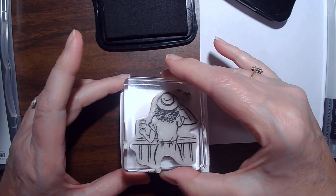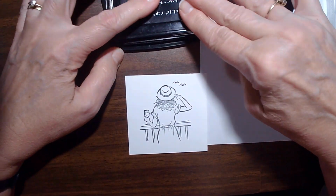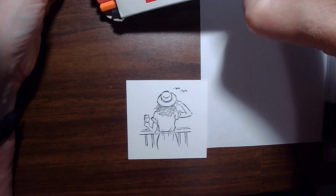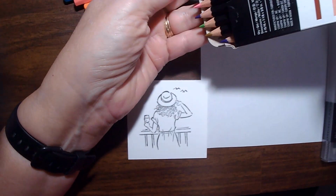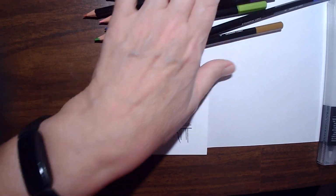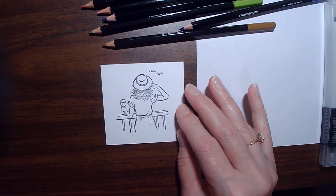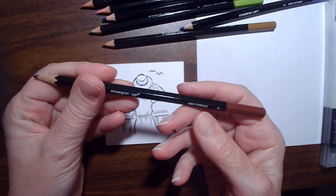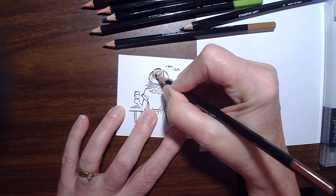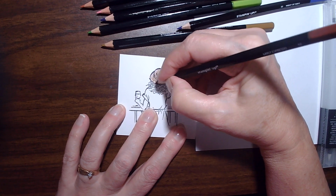So there is my image, and then I'll close up my StazOn, put that aside, and then I'm going to get out my colored pencils, and let's see, what color do we want to use. I'm thinking we want to use maybe some brown for her hat. So here's some Early Espresso, and I'm just going to use my watercolor pencils and color in her hat. And then I'm also going to color her hair a little bit with the same color,